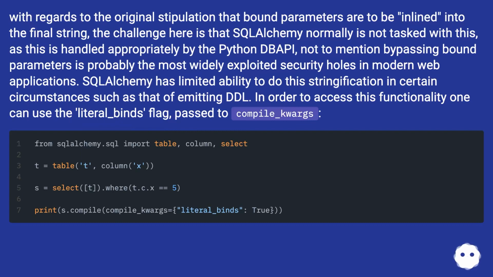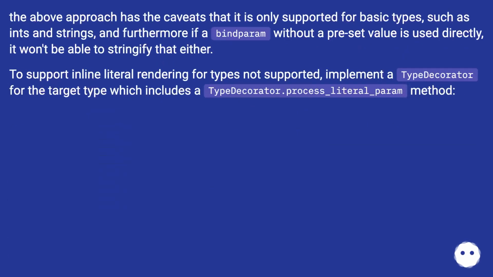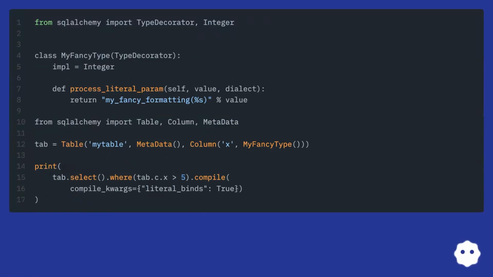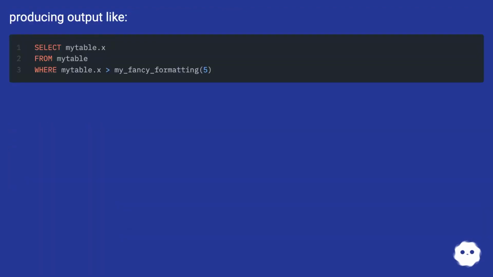In order to access this functionality, one can use the literal_binds flag passed to compile_kwargs. The above approach has the caveats that it is only supported for basic types, such as ints and strings, and furthermore, if a bind param without a preset value is used directly, it won't be able to stringify that either. To support inline literal rendering for types not supported, implement a TypeDecorator for the target type, which includes a TypeDecorator.process_literal_param method. Producing output like